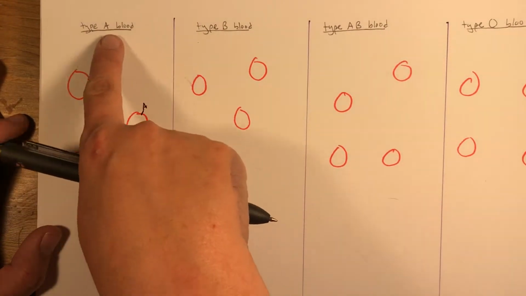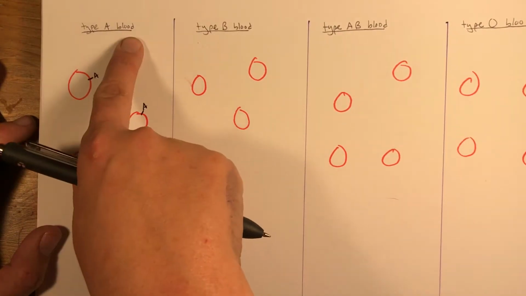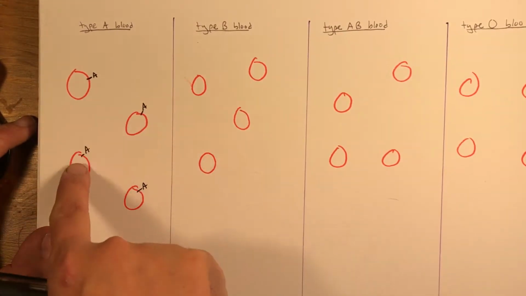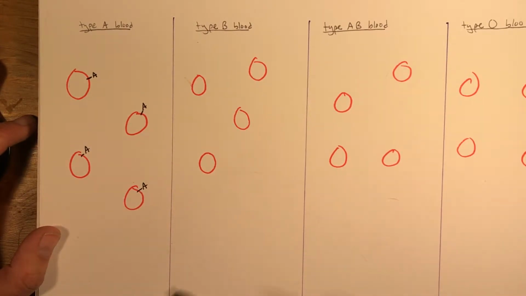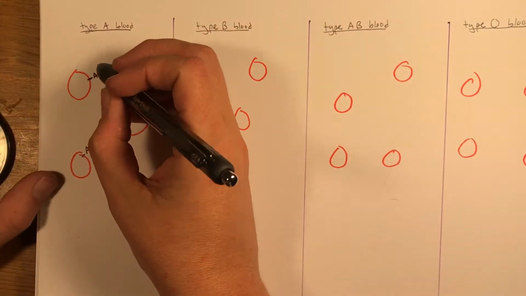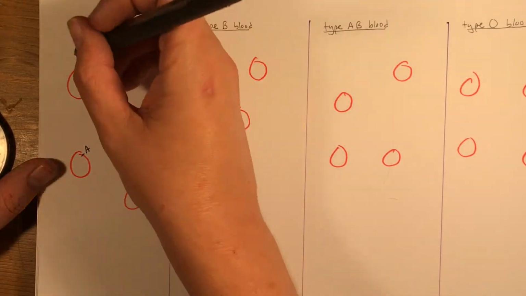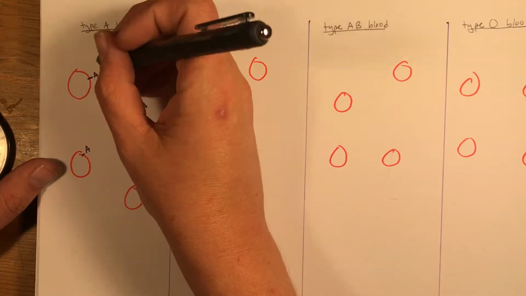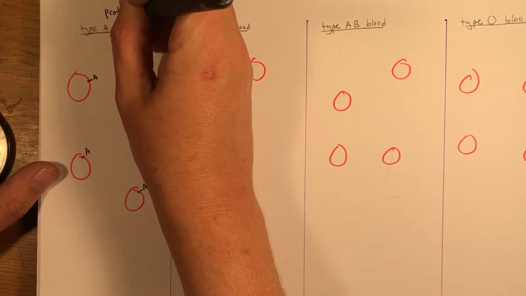Somewhere in evolution, there was a protein called A protein. If you have type A blood, what that means is you have all these proteins on your blood cells that are called A. We just call them A because it's less complicated. These are red blood cells with the proteins on them. These are called antigens. Okay, so the protein is called an antigen.